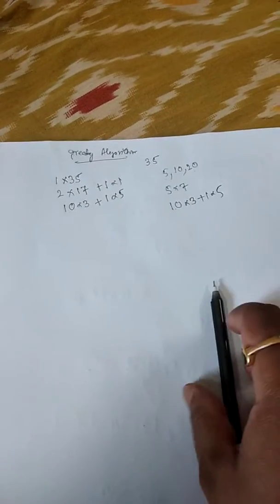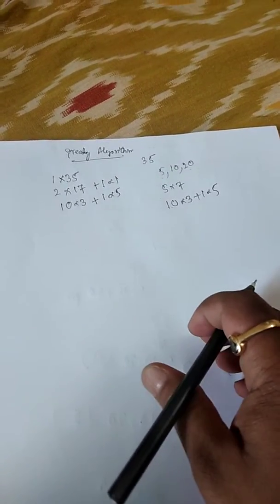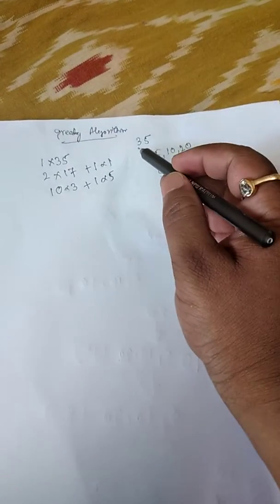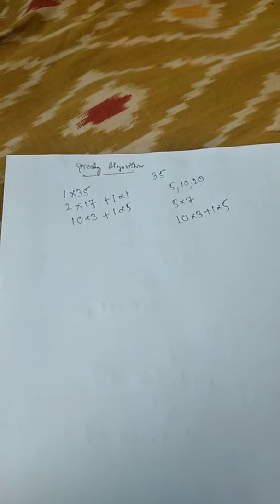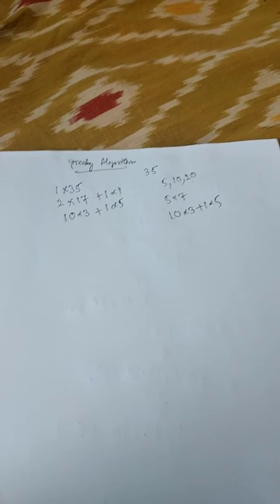We are going to learn the greedy algorithm. With an example, we are trying to understand the meaning of the greedy algorithm. So, suppose we are going to find out 35 rupees. Means if I tell you to give me 35 rupees, then what different solutions can be provided